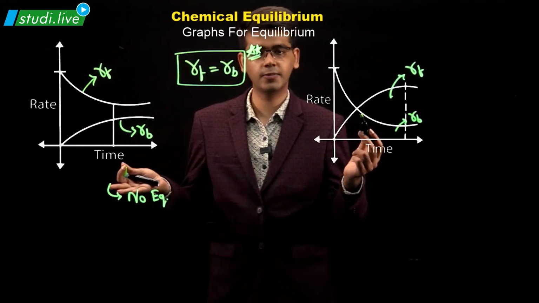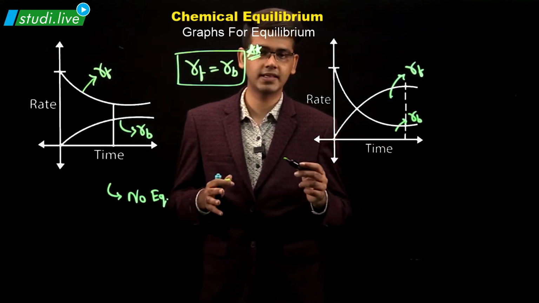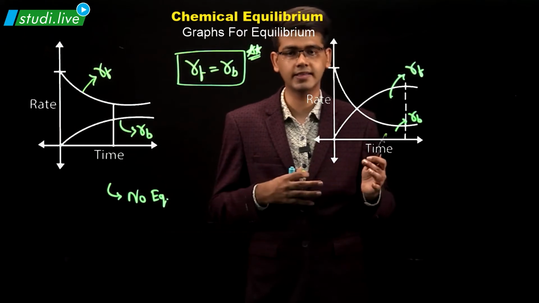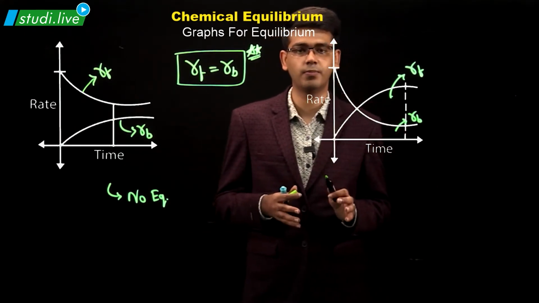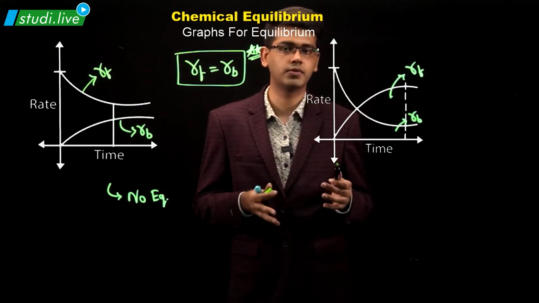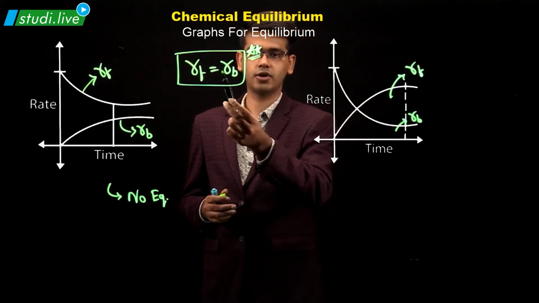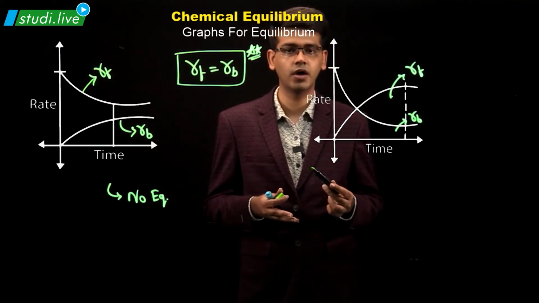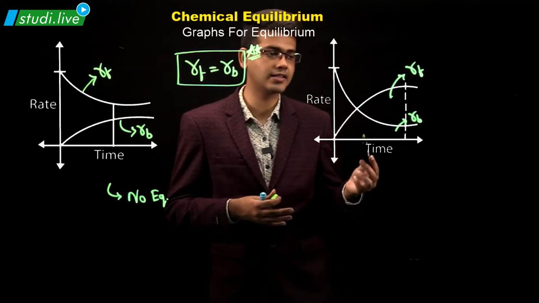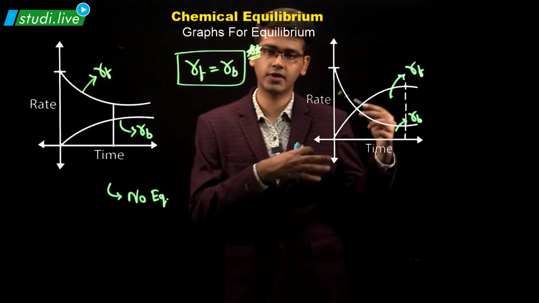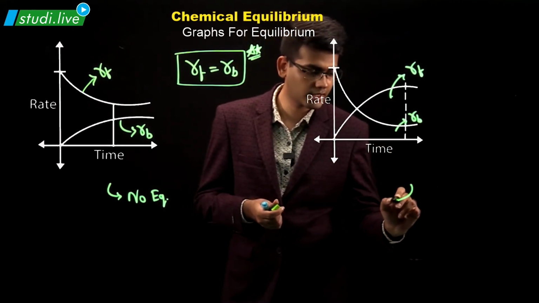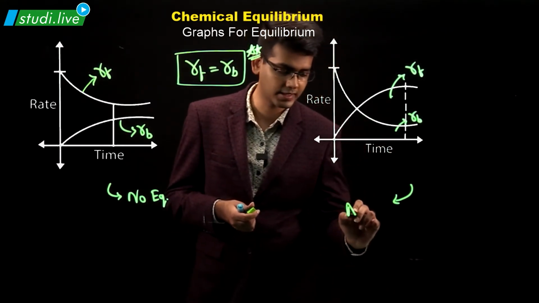But again, in the previous video, I have said that it is not necessary that once the equilibrium point has been reached, then the rates will start to increase and decrease. That's not the case. Once the equilibrium point has been achieved, at that point also and after that point also, the rate will be constant. That is, rate of forward reaction will be equal to rate of backward reaction. In this reaction, since the rate is again increasing and decreasing, once it has been equal, after that also it is increasing and decreasing. Hence we'll say that this particular graph also does not represent equilibrium.